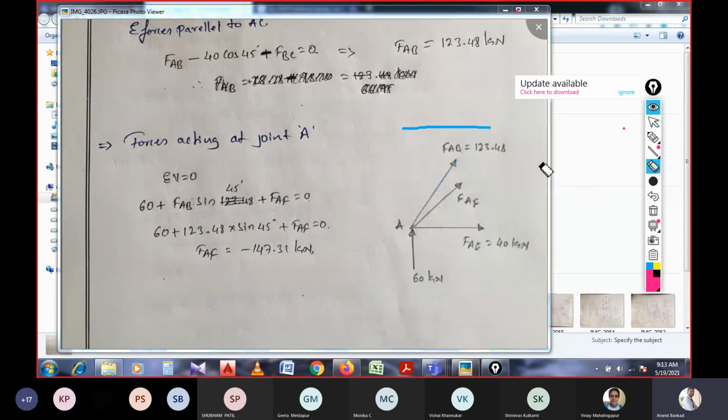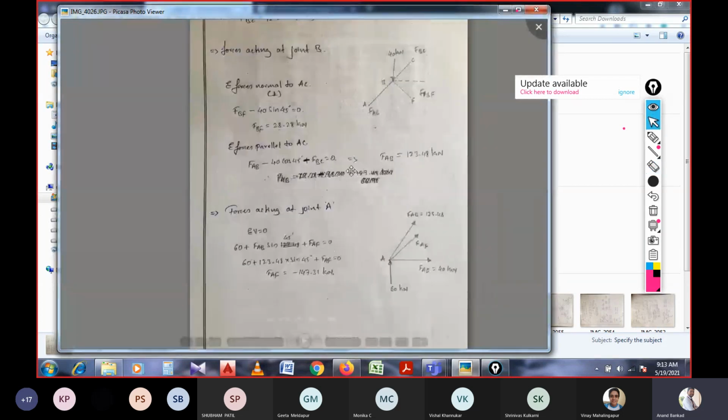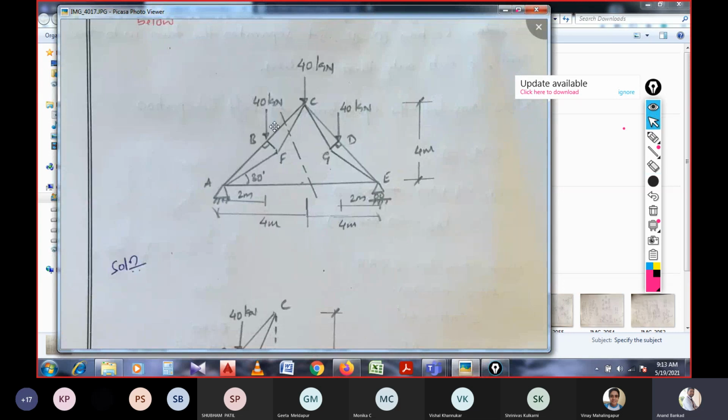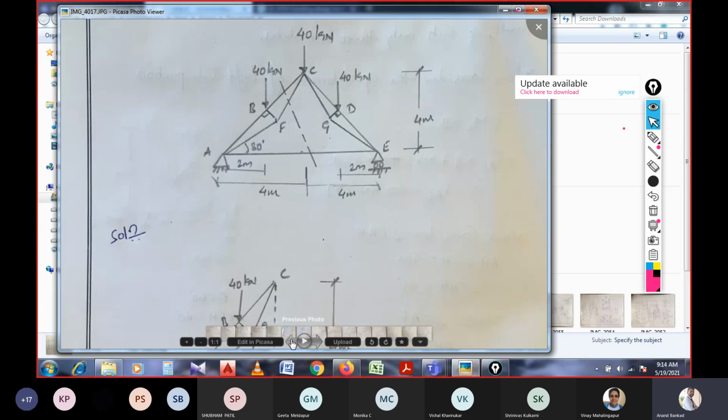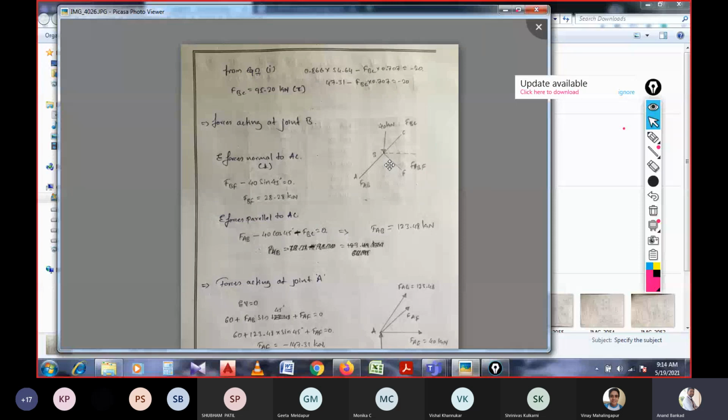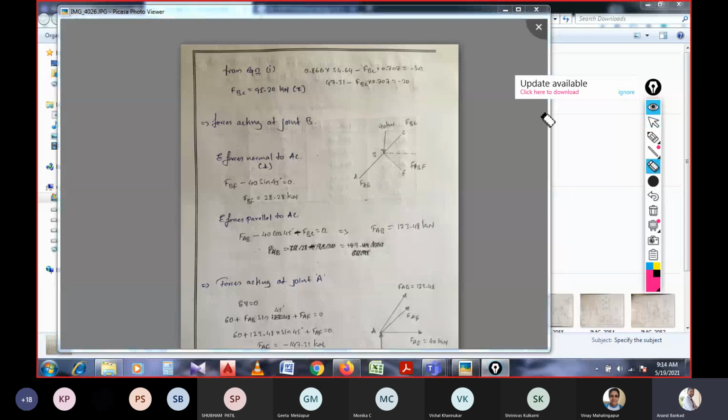Which is calculated for the forces asked for the members, right? With this, we have calculated all the forces induced in the members by taking the section at this position, right? However, it is just simplification and observation we have discussed today, and this is all about taking the moments and taking the forces which are acting parallel and perpendicular to the points, nothing else. So with this, we'll end this problem discussion.